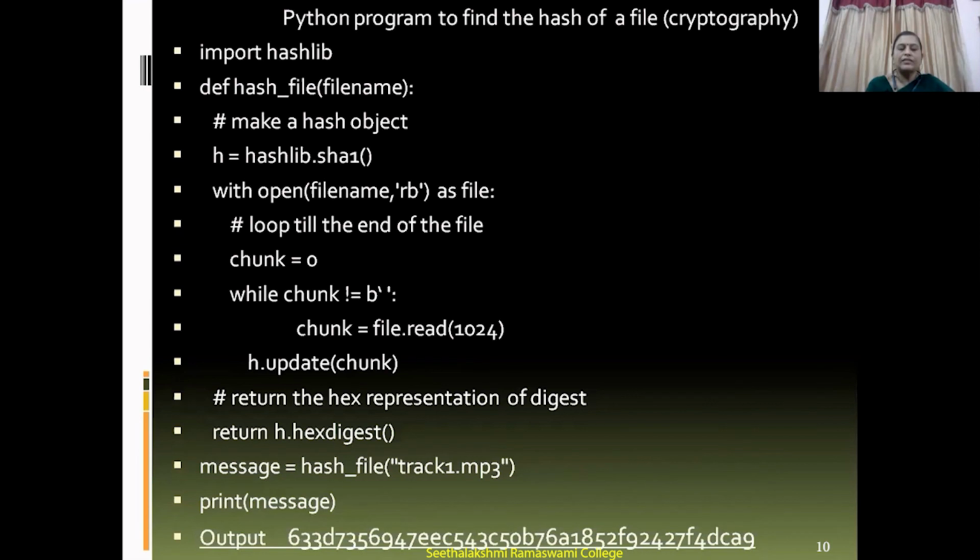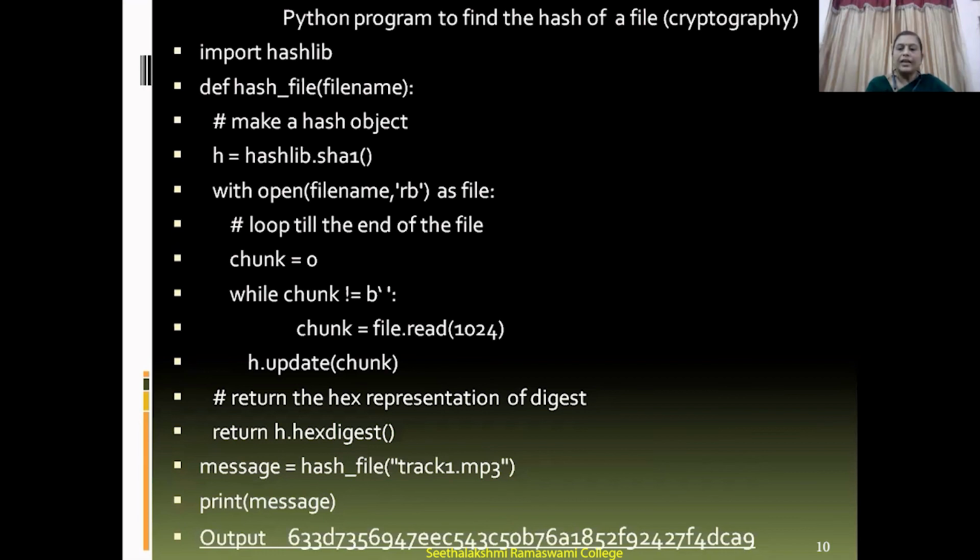We initialize a variable, chunk equals 0. While chunk is not equal to an empty bytes object, b'', that is why it's b, chunk equals file.read(1024). Every 1024 bytes are read from the file and stored in the variable chunk.